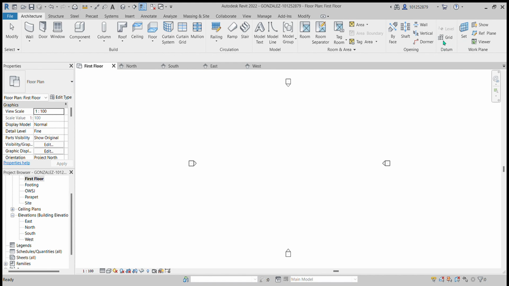Place your mouse somewhere in the third quadrant, down here. So we're going to click once where the line starts, and again where the line ends. Okay, the grid is a line. So we'll start somewhere down here. It doesn't have to be exactly where I have it, but similar. Okay, just click once,